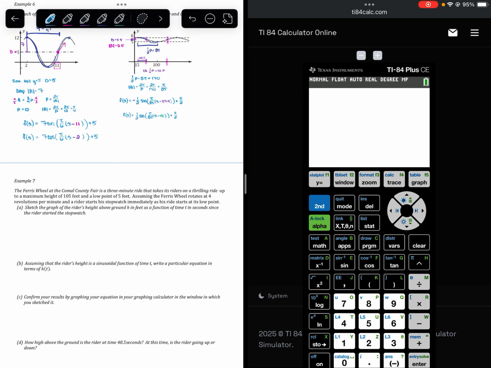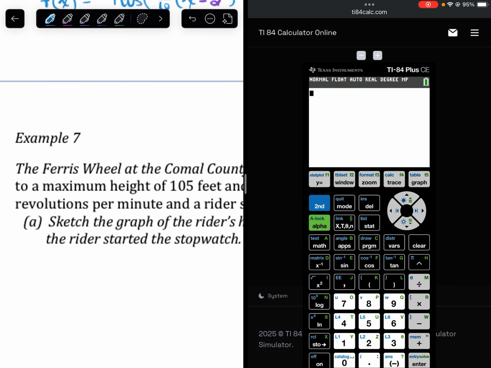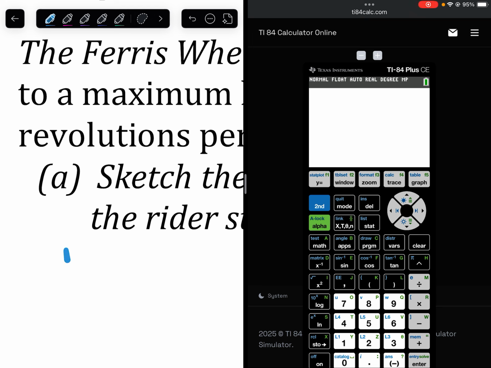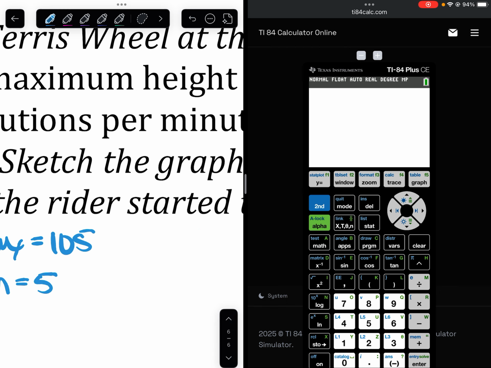So we've got a lot going on here. All right, so we've got a max height of 105 and our minimum is 5. So that means the maximum and the minimum are 100 apart. So the amplitude is going to be half that. So the axis is right in between. So we have a difference of our max and a min of 100,